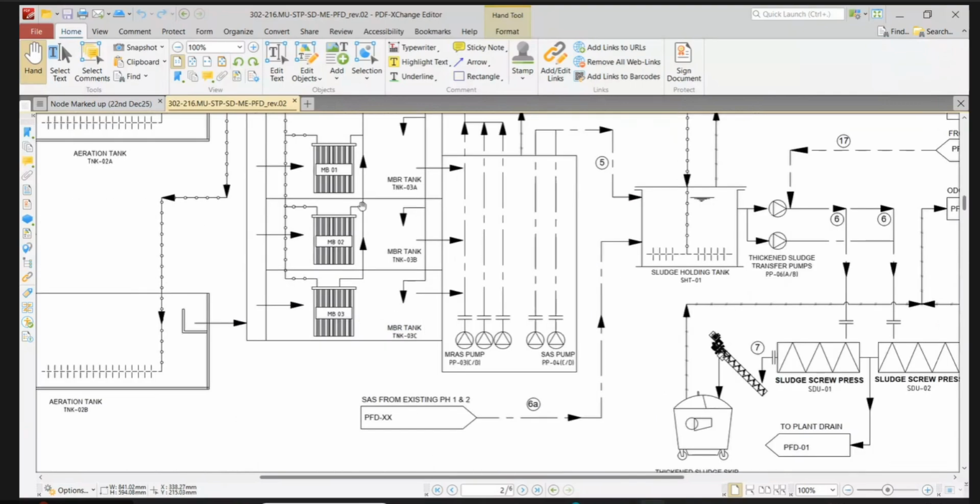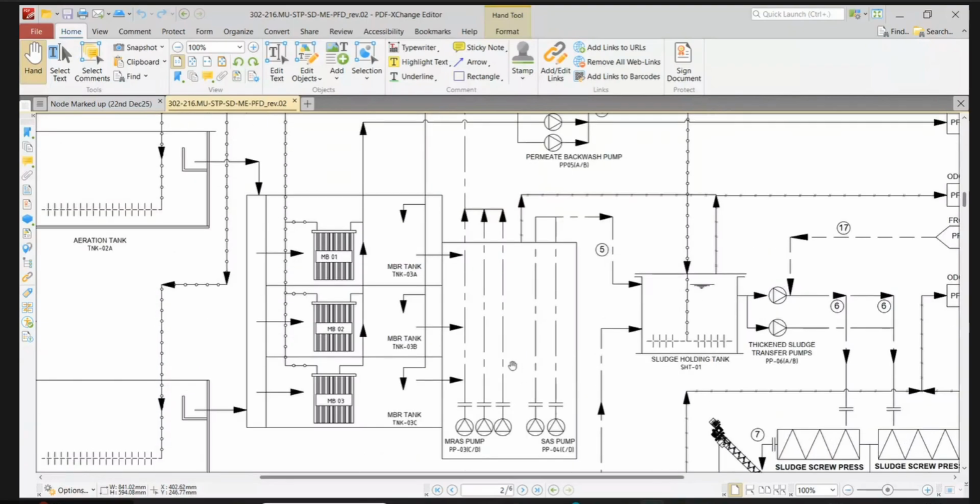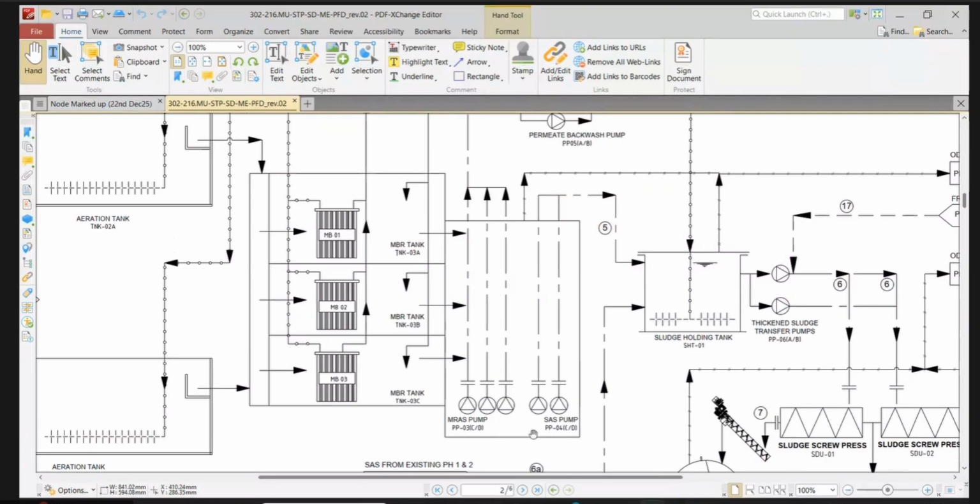Okay. Now, also we have solids coming, the treated solids from the MLSS, mixed liquor. So this is the sludge coming from the biological treatment. We have 2 sets of pumps: 1 set for the SAS, another set for the MRAS, which is recirculation, because we have to return the sludge back to the aeration tank. And we have SAS, this SAS pump, it will work maybe 2